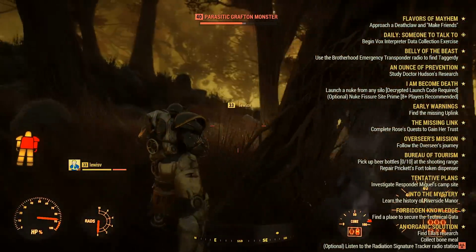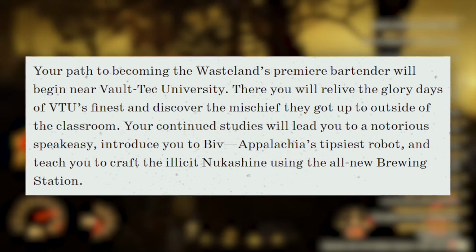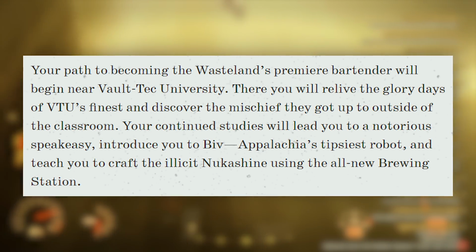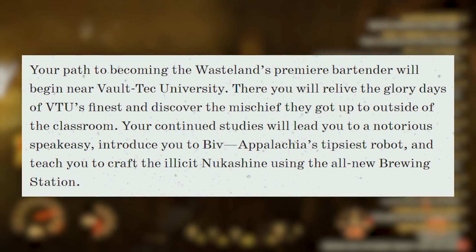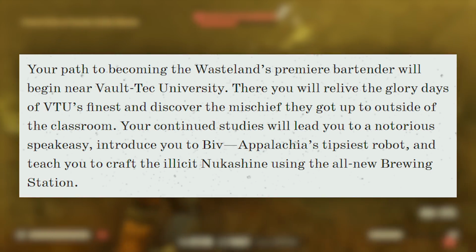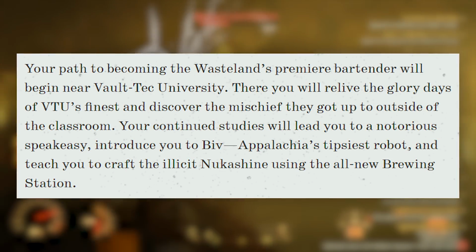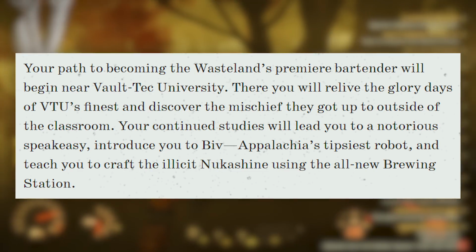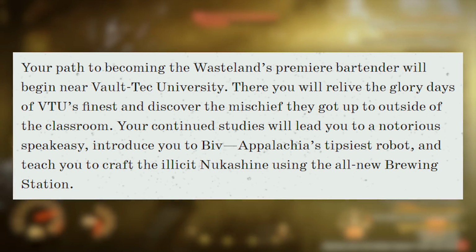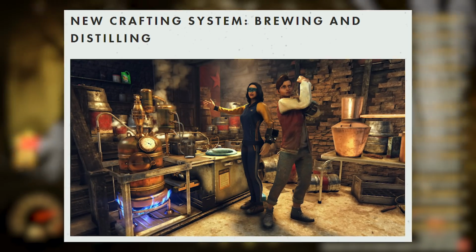Starting off with the new quest, Wasted on Soot. Your path to becoming the Wasteland's premier bartender will begin near Vault-Tec University. There you will relive the glory days of VTU's finest and discover the mischief they got up to outside of the classroom. Your continued studies will lead you to a notorious speakeasy, introduce you to Soot, Appalachia's tippiest robots, and teach you to craft the illicit Soot using the all-new brewing station, which leads us to the new crafting system,